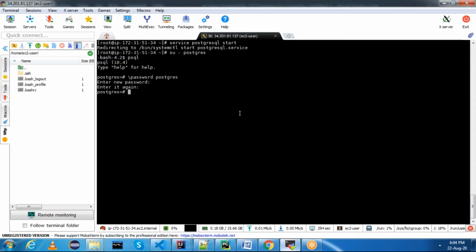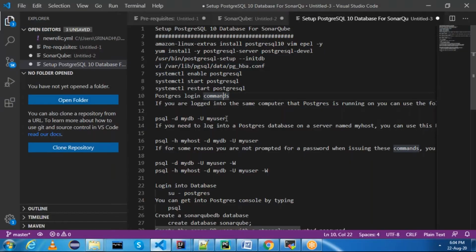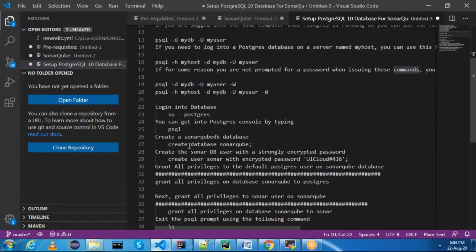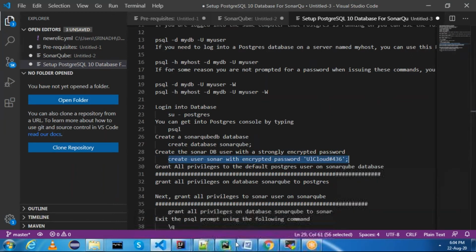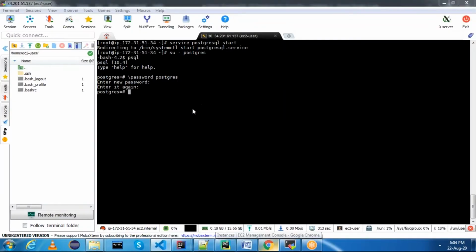This is if you want to use the default user. No, I don't want to use the default user. I want to create my own username and password for Sonar. Then you create a new user. You can go here and see the command, create user. User is sonar with encrypted password.